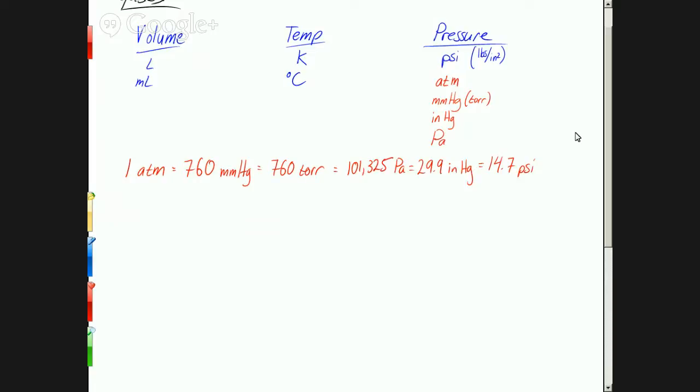So pressure can vary by quite a bit depending on where you go. How does the air pressure change at altitude? If you go up high, what happens to air pressure? Goes down. Why? Not as much oxygen. Well, it's not just the oxygen. There's not as much atmosphere because some of it is below you. So only the part that's above you is pushing on you. So if you go up to like Denver, then your atmospheric pressure goes down to about 630 torr,